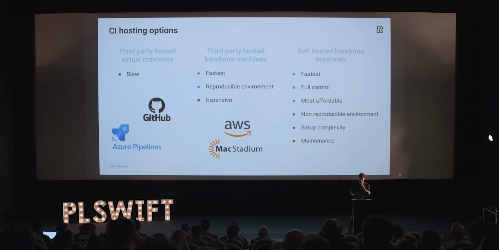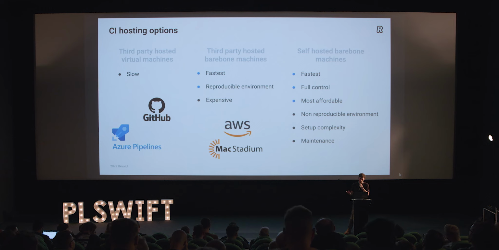And then of the two options, the two vendor options are of course the fastest. If you go for third-party hosted, you will also get the software that these companies introduce. Basically, when you run a job, they serve you an agent that has a known state: no weird caches, no weird tools installed on the machine. You can rely that the machine is in a state that you know. Versus if you self-host it, it's very difficult to have that, right? Because this software is not trivial to implement.